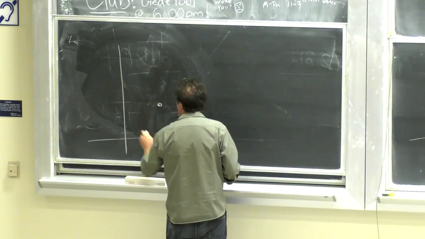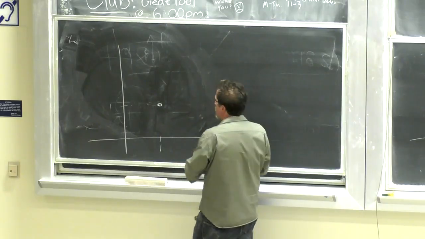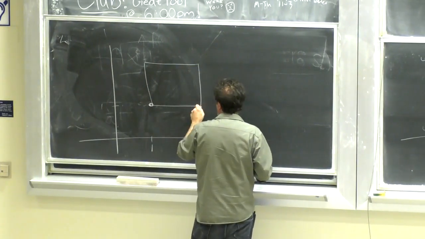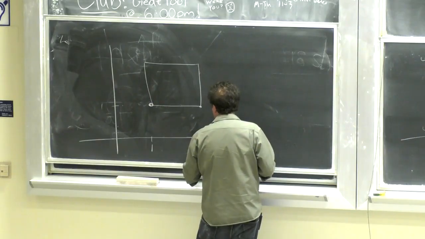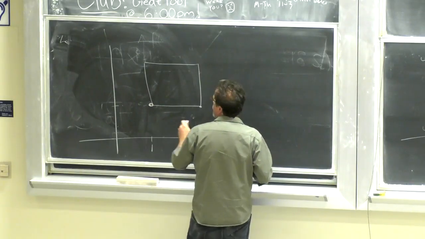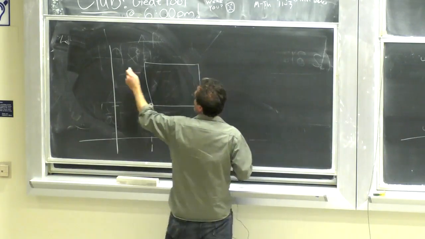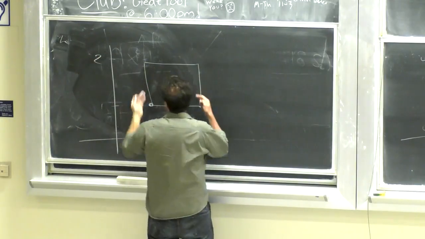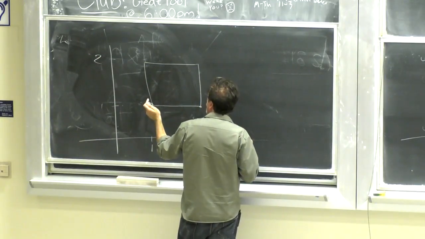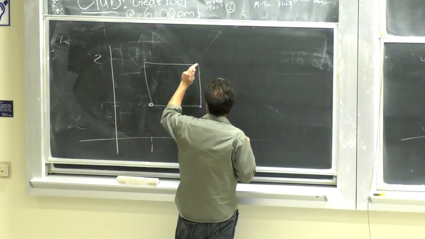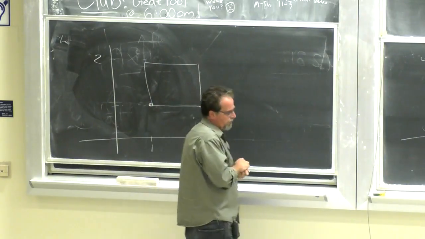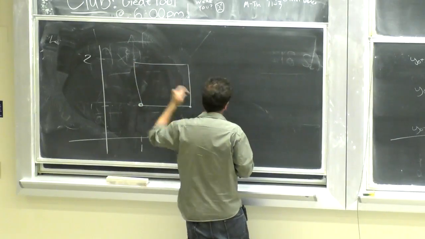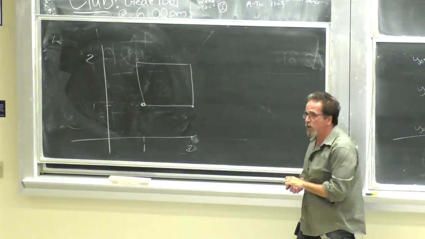I would like to be the point 1, 1. Okay? Now I'm not going to use units just so I can get through the problem. This is going to be the point, x equals 2, and this is going to be y equals 2. Okay? So we got a square whose vertices are 1, 1, 2, 1, 2, 2, 1, 2. Okay? And I want to compute